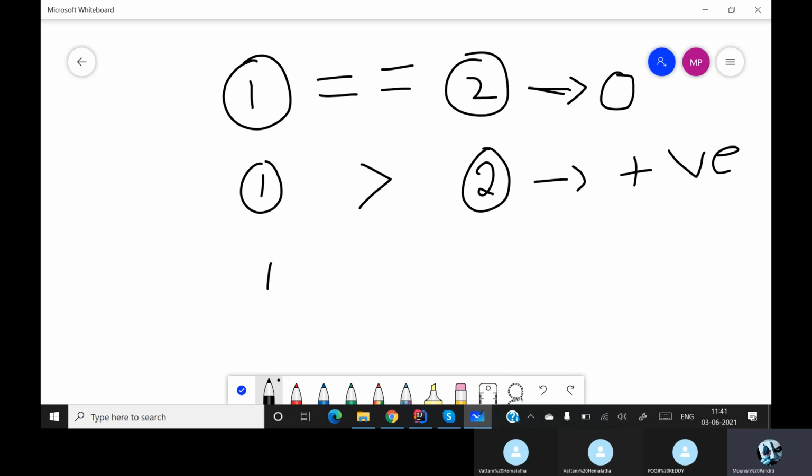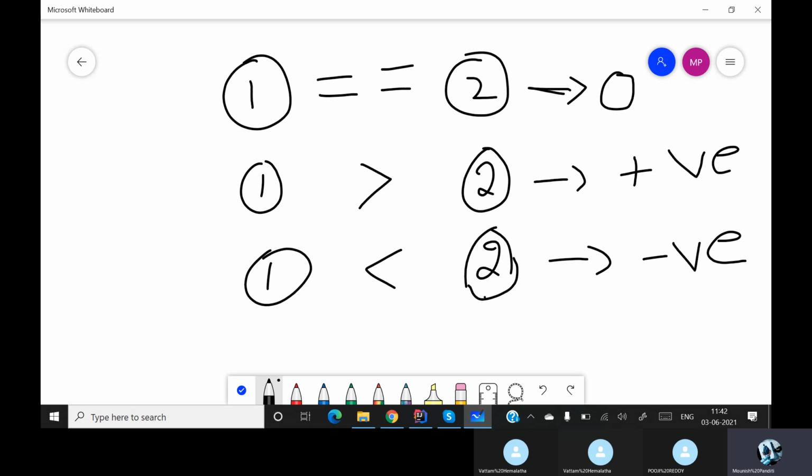If part 1 is less than part 2, or part 2 is greater than part 1, it will give me any negative value, not necessarily -1. It may give any positive value, or any negative value. Are you all understanding this?